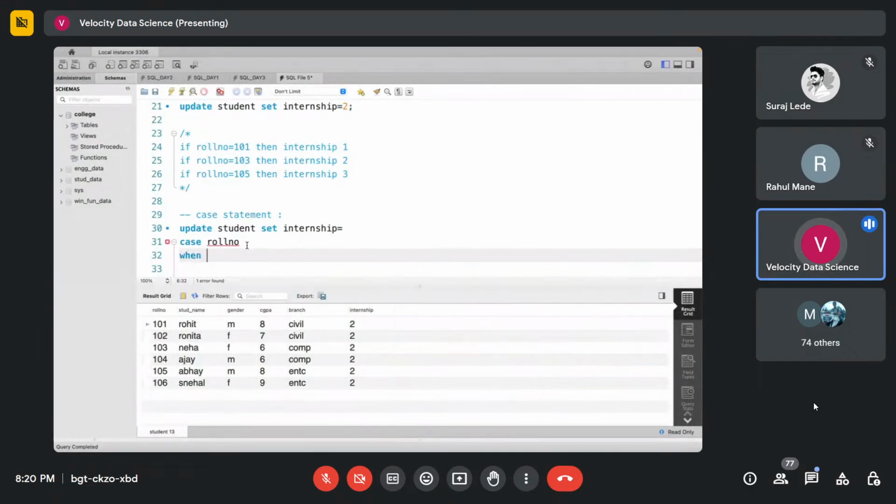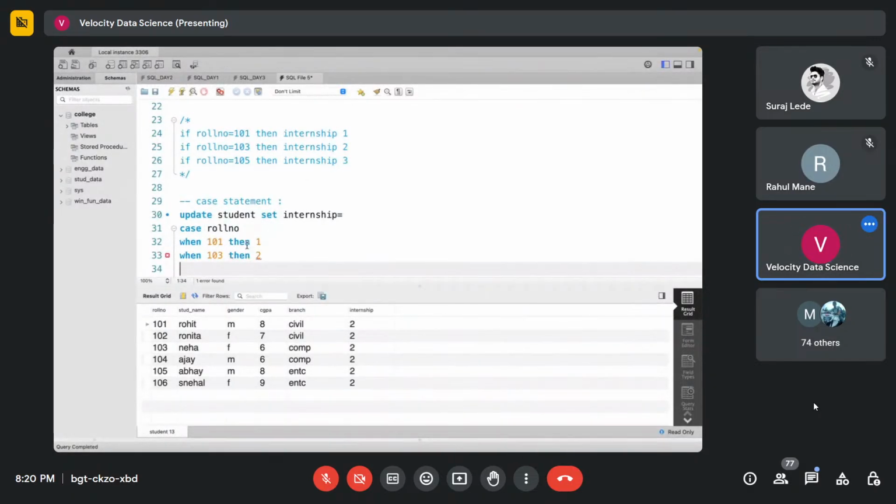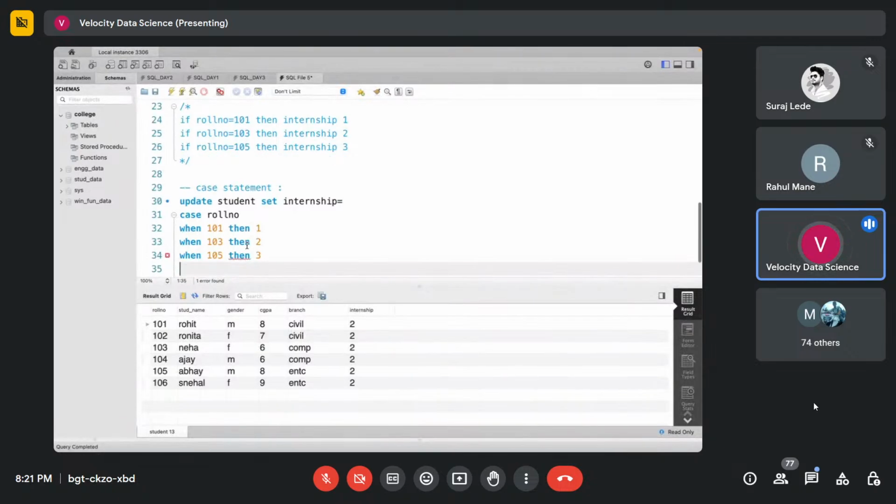Here we have to have when. So case roll number, when it is 101, then 1. When it is 103, then 2. And when your roll number is 105, then I want to set internship as 3. Now whenever